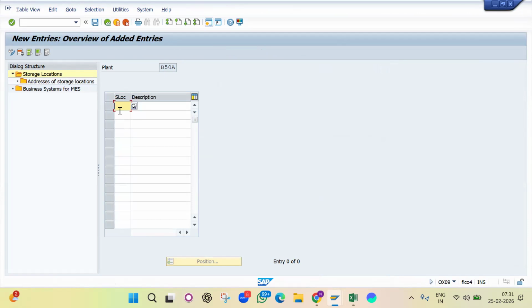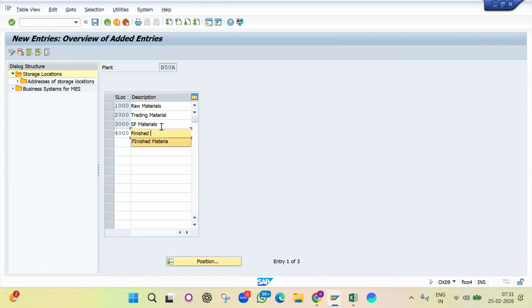I'm creating 3 storage locations: 1000 raw material storage location, 2000 trading material, 3000 semi finished. Okay. Or shortcut you want, SF, semi finished. Fourth one, finished,